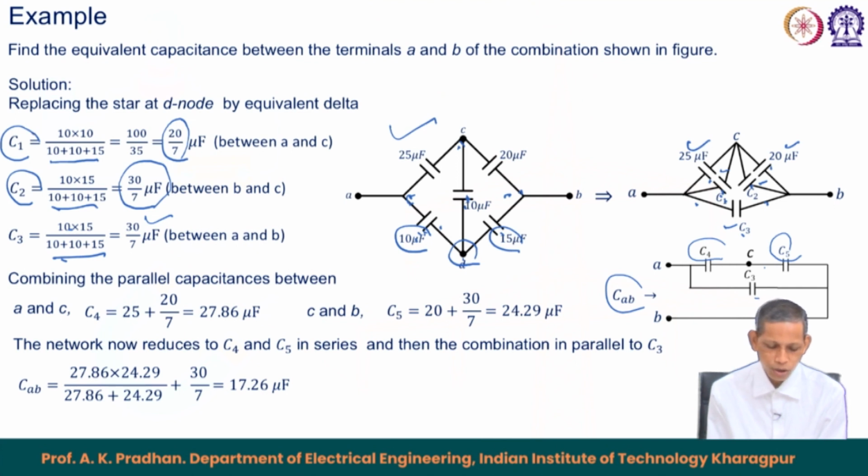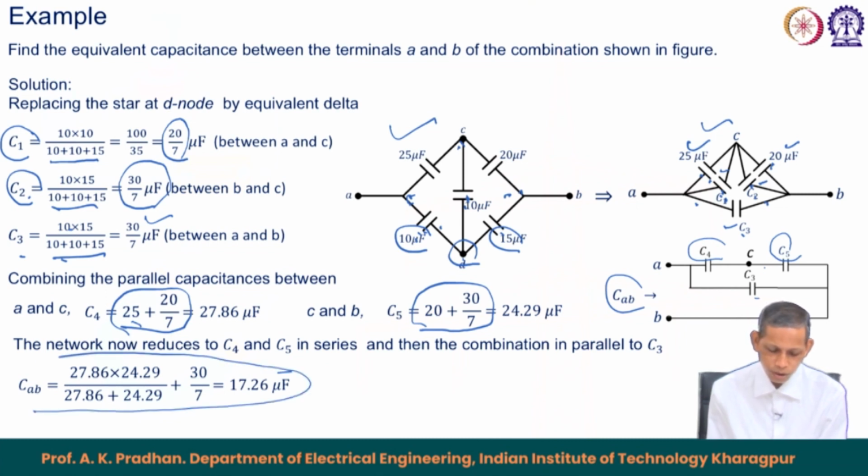So, we got the corresponding C1, C2, C3; substitute them in this circuit and then we can find the corresponding combinations. C4 equals the parallel of this, that is 25 plus 20/7. C5 is the parallel of 20 and the corresponding C2, so that becomes 20 plus 30/7, and then we have C3. The combination gives us CAB equal to